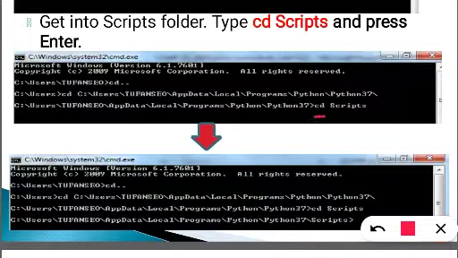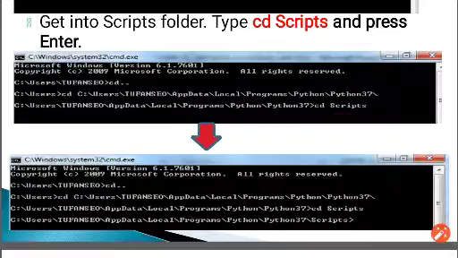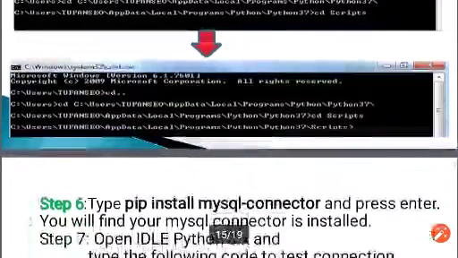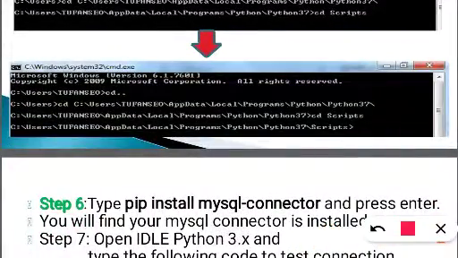We are writing cd scripts, capital S. Mind it, we have to write capital S. If you write small s, it will not work. You have to write cd in small and then capital S, and the rest of the letters in small, scripts, and then press enter. The moment you press enter, you will get into the scripts folder.